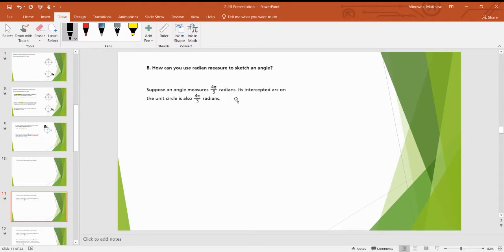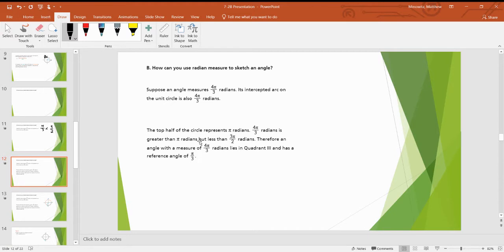And I know pi is on the left side of my unit circle. So I know I've got to be in at least quadrant 3. And I know 4/3 is a fraction. 4/3 is less than 3 halves. So if it was 3 halves pi or bigger than that, then I'd be in quadrant 4. So this is telling me I'm in quadrant 3,